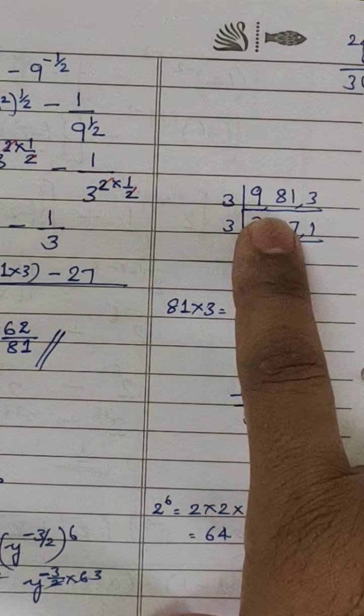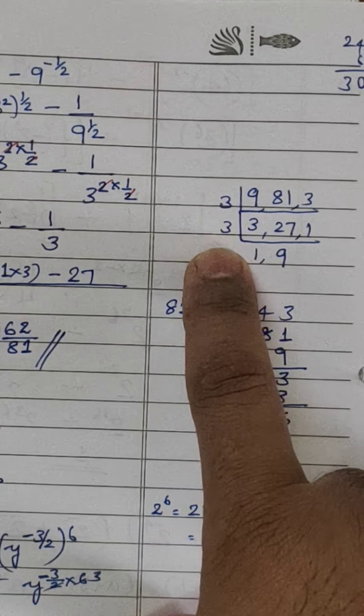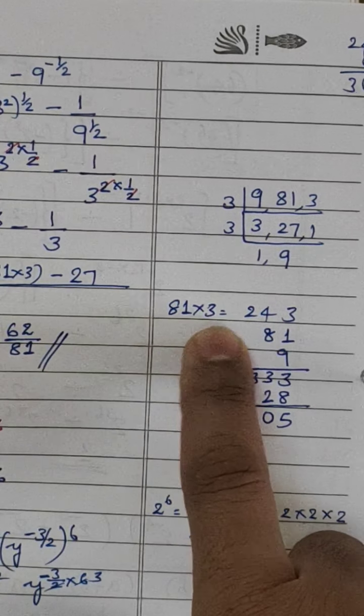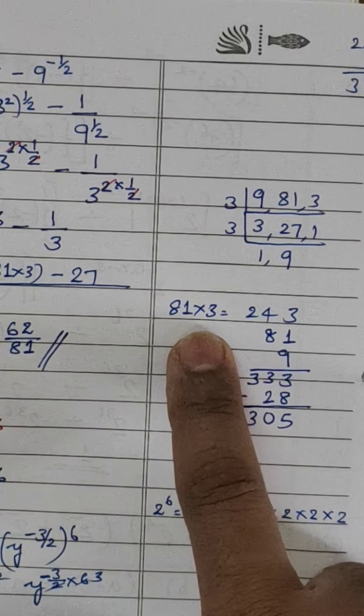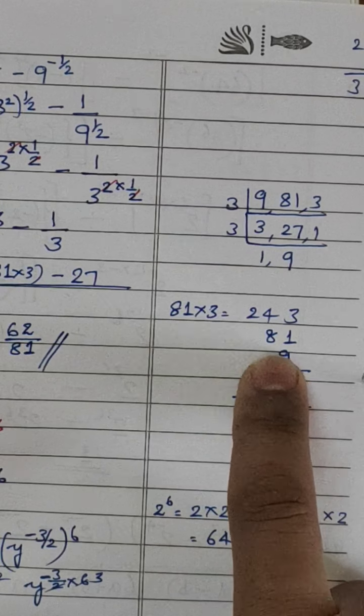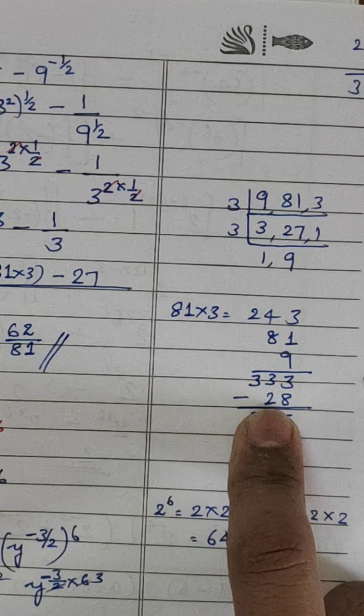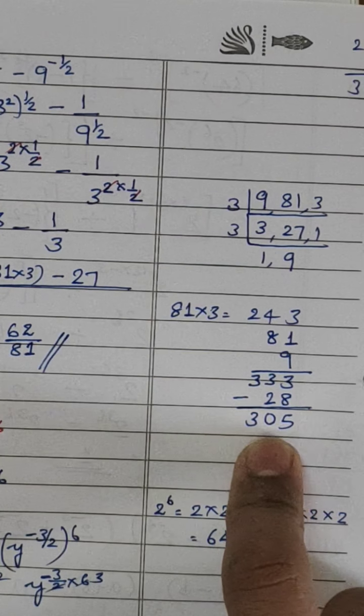See, this is how we have taken the LCM, 9, 81, 3. So 3 3s are 9, 9 9s are 81, 81 3s are 243. In the problem we have used 81 and 9, we added, so we subtracted 27 plus 128, with this we got 305 in the numerator.